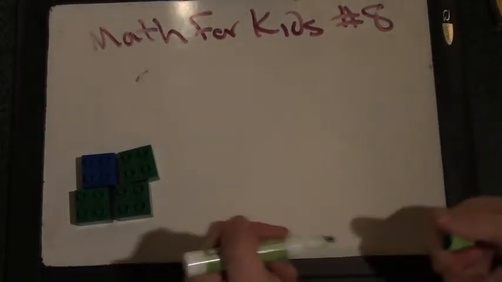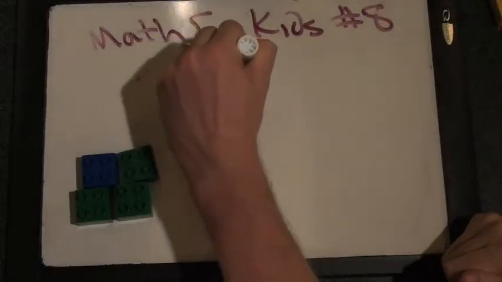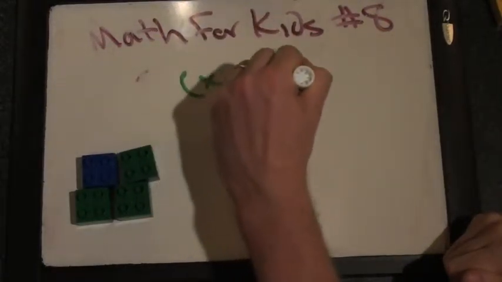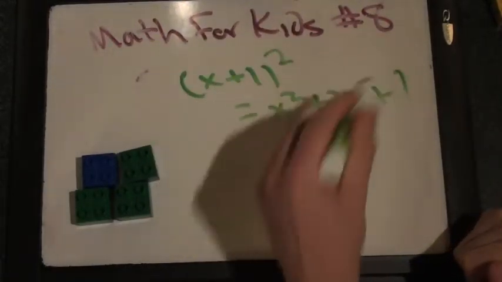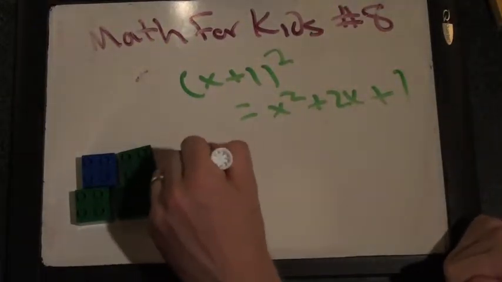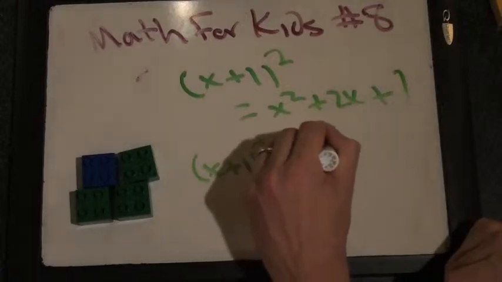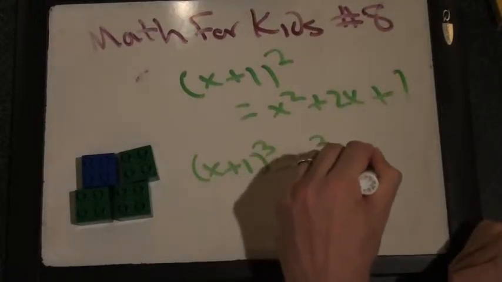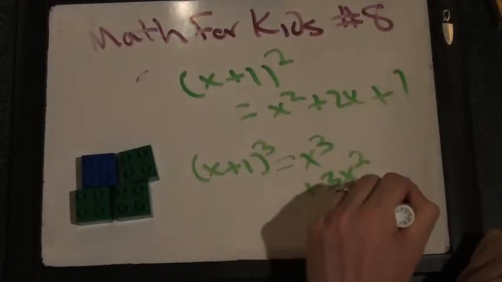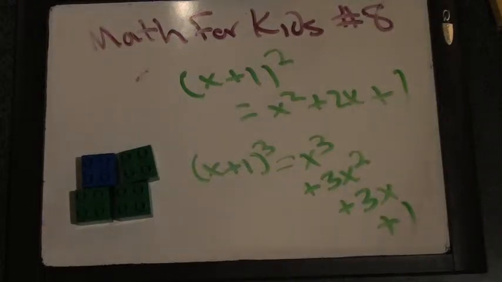So I'm going to show you, remember for squares we were showing that x plus 1 squared is x squared plus 2x plus 1. Yep. I'm going to show you that x plus 1 cubed equals x cubed plus 3x squared plus 3x plus 1. Whoa, you want to see that? Yeah. All right, so the first thing we're going to do is start out,